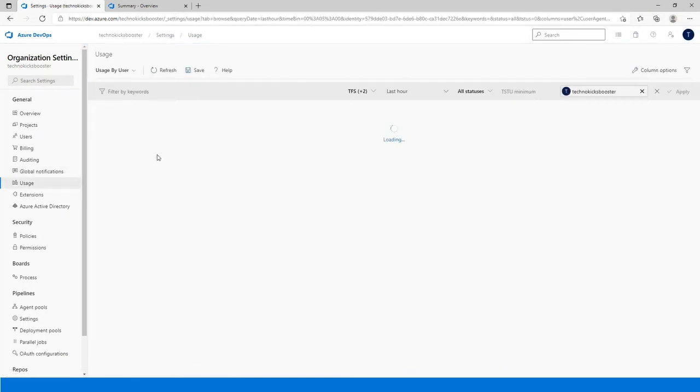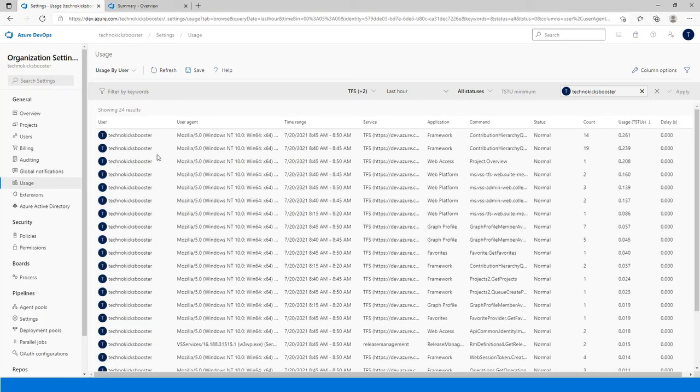So the next is the usage. Usage is nothing but, for example, you want to track what services are being used by a particular user. This will be helpful for a management team. For example, let's say I am only assigned to a project, or think like I am only assigned to sprints, where I am the project manager, and the project manager has to go to the sprints, check the BA reviews, then discuss the scrum meetings or agile meetings, put all the notes, and check whether all these things are being done or not.